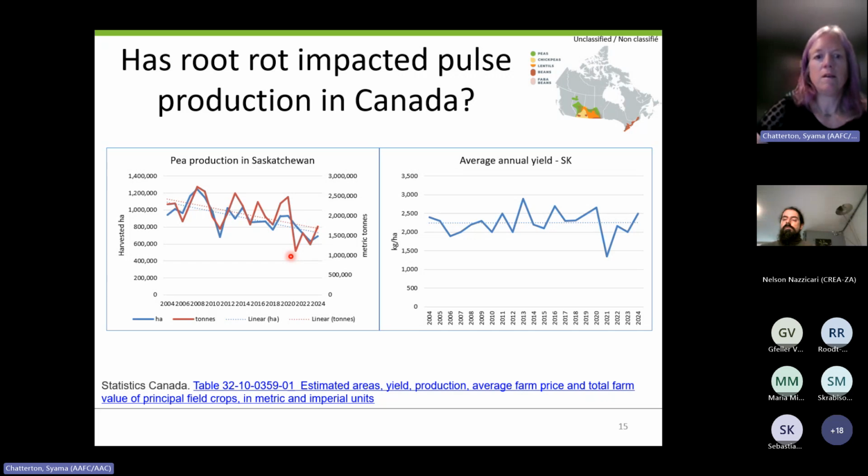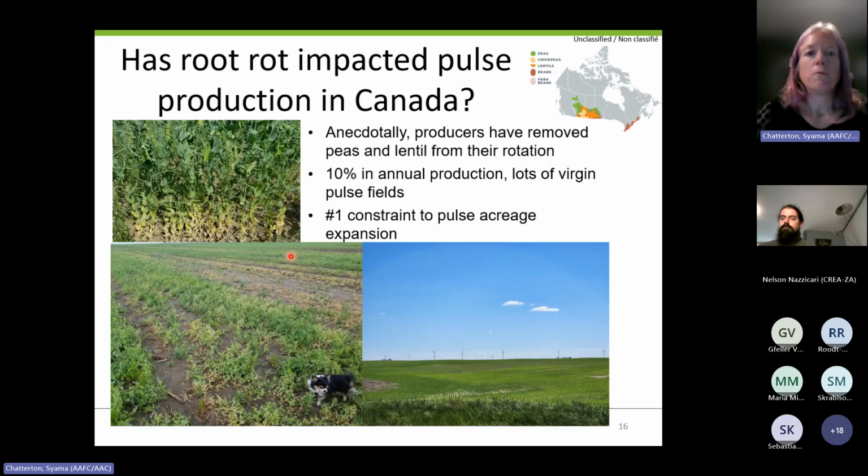But certainly, anecdotally, when we visited fields and we've seen fields that have been really hard hit by Aphanomyces, we talked to producers, we know that producers have removed peas and lentils from their rotation because of their issues with root rot. And then if you remember from one of my first slides where it said that only 10%